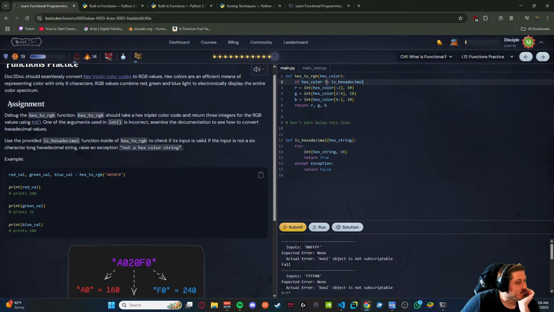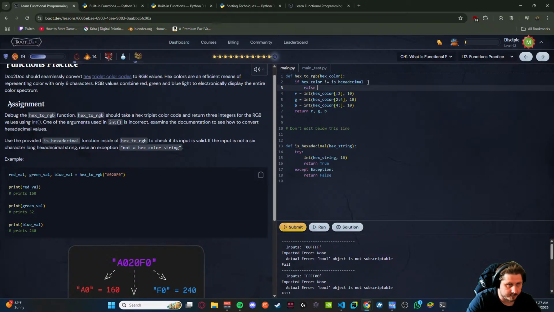So I have to check if its input is valid. If the input is not, raise exception, not a hex color string.